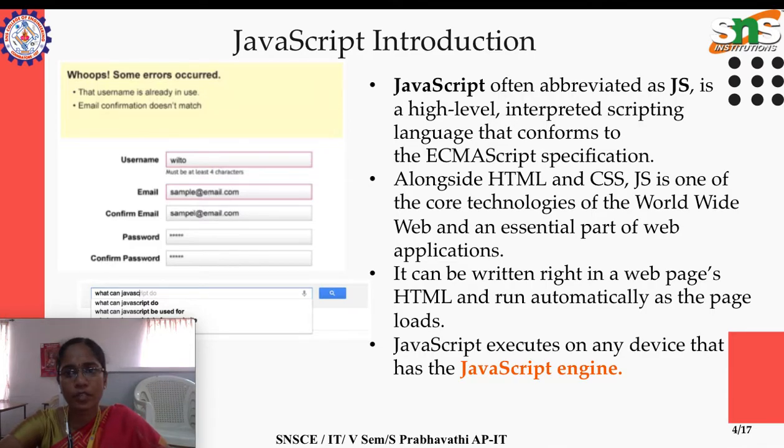And how JavaScript runs: it runs automatically, because most of today's modern browsers have a JavaScript engine called an interpreter. So the browser supports executing JavaScript. We can include the JavaScript straight away in our HTML document and it runs automatically. No need for compilation, because the browser will take care of it, because it has a JavaScript interpreter. We could simply call JavaScript JS also.